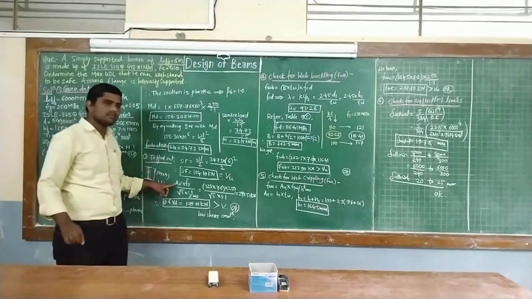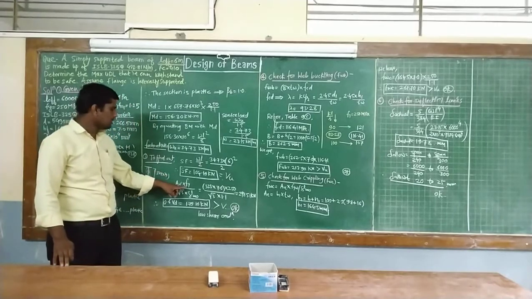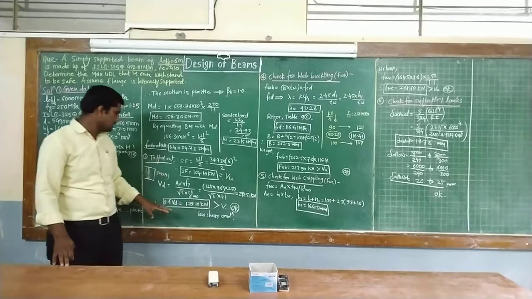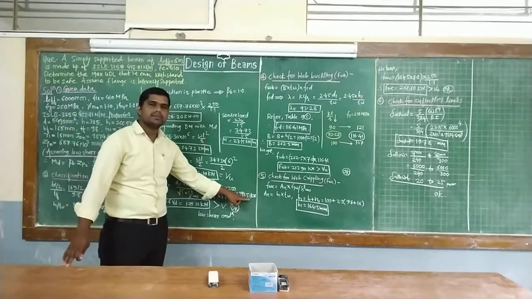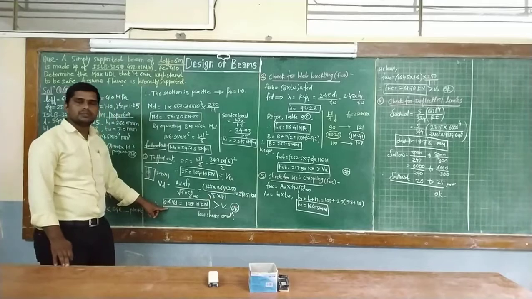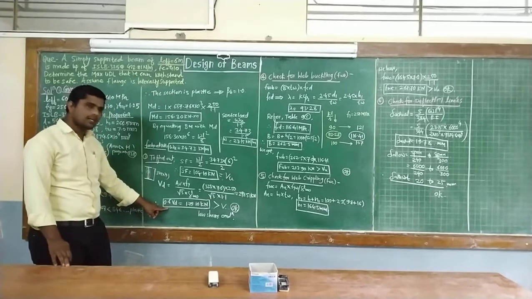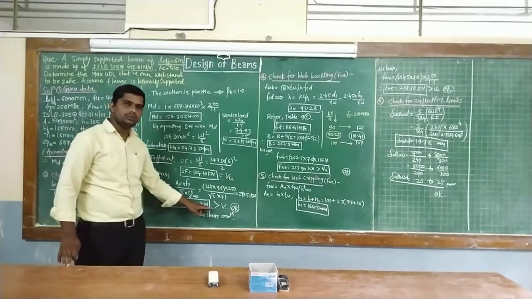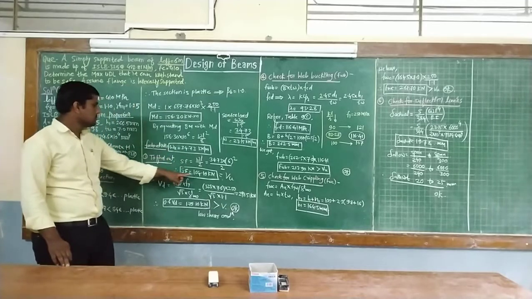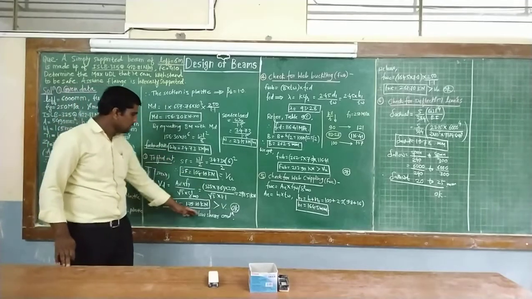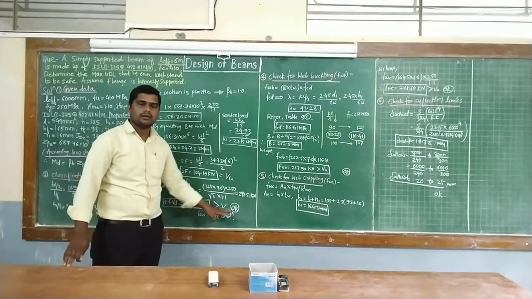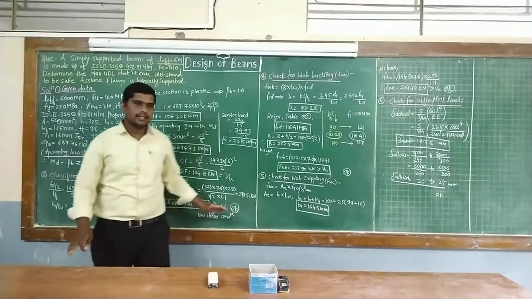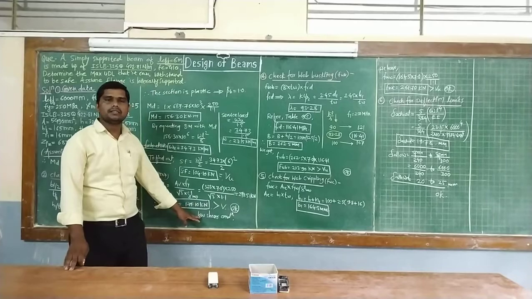So this shear area Av into Fy, 250 divided by root 3 into gamma m0, which is 1.1. So the answer is 298.51 kilonewton. Next we are going to satisfy the next criteria: 0.6 times the design shear Vd, so 179.10 kilonewton, which is greater than Vu, 104.19 kilonewton. Then it is set under the low shear condition, whatever condition we assumed. So it is satisfied according to this criteria.